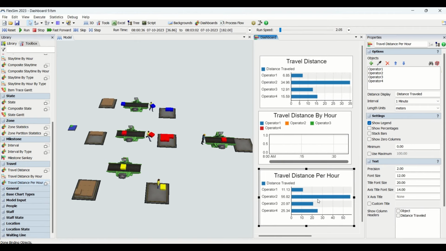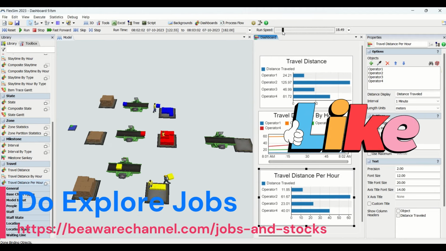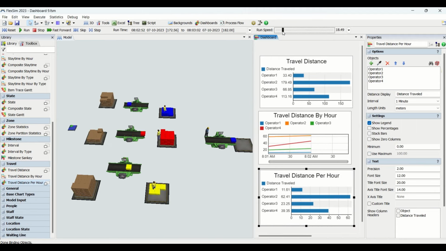Now if you look at this, it is basically giving me the interval. Our model units are in seconds, and we have run the model for 3 minutes. It is going to give me the average distance traveled per minute. I'll make this a bit faster so that the distance gets calculated and encapsulated for 3 minutes. So 12 is for operator 1, which is for the first minute. If you multiply by 3, you will get this. Similarly, it goes down like this. So this way,